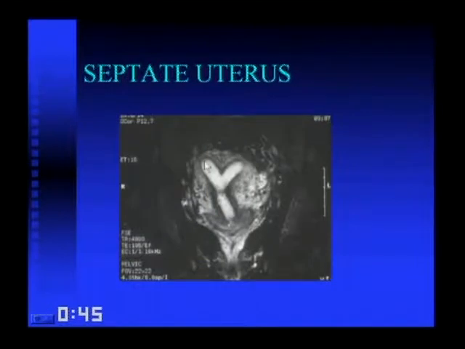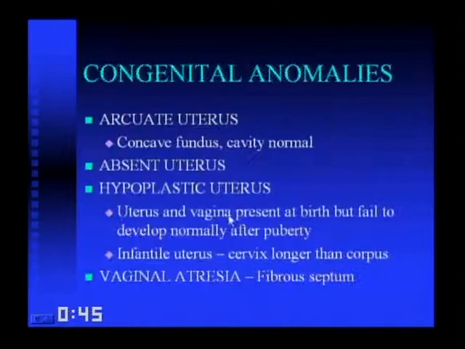This is an example of a septate uterus. Notice this one has a partial septum. The fundus is normal contour, or maybe there's a minimal indentation, and here you can see there's a single cervical canal. An arcuate uterus is simply slight concavity of the fundus with an absolutely normal endometrial cavity